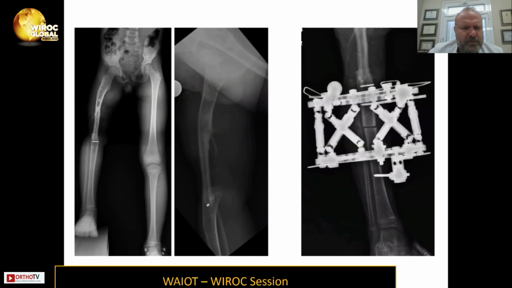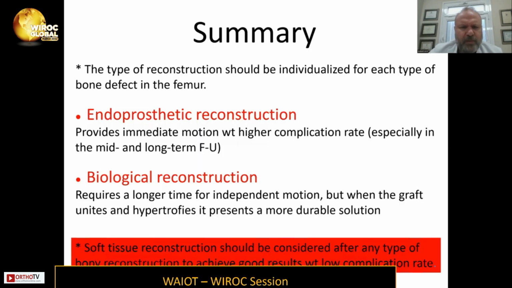And you see the healing in the femoral side and also in the proximal tibial side here. And of course, the patient had a shortness of this extremity, and then we started to lengthen the bone from the tibial side. So in summary, the type of reconstruction should be individualized for each type of bony defect